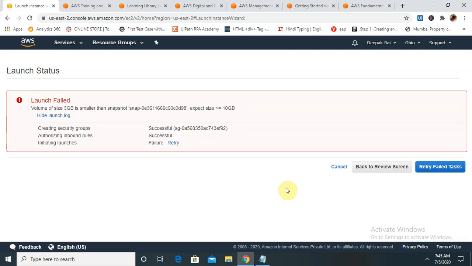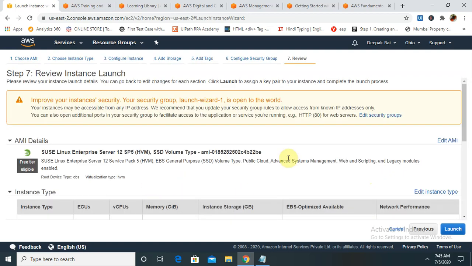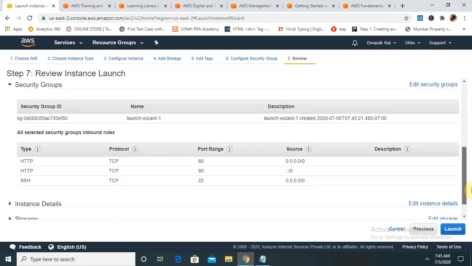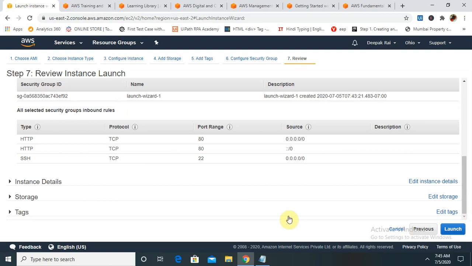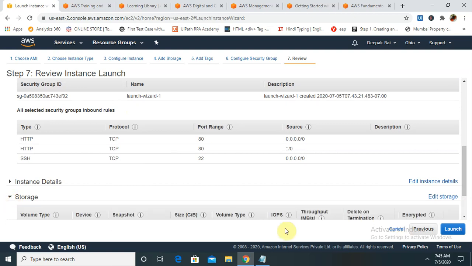Once we click on launch instances, it fails. You can see a volume of size 3 GB is smaller than the snapshot. So we have to go back and provide a value of at least around 10 GB. So that's the only error we are getting.